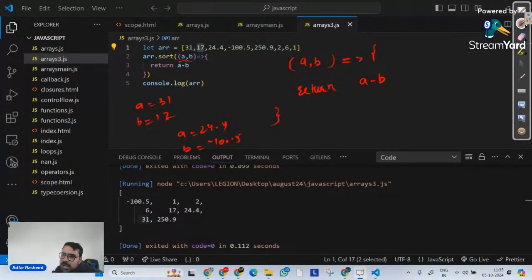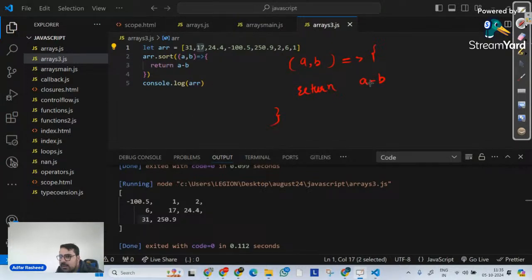There's a mechanism that you have to remember. You don't have to understand its working, because as I said, when the sort method was created, all the logic was already written there. So when you call the sort method, you are simply using a declarative approach here. It simply means a comma b is any two numbers.